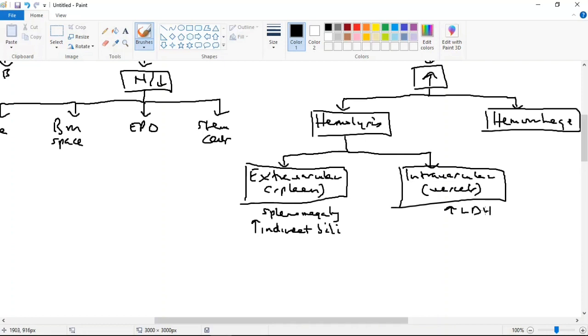red blood cells are being destroyed in the vessels. And as they're being destroyed in the vessels, they're releasing their intracellular content, like LDH, into the blood. They're releasing hemoglobin into the blood. So you're going to see the plasma looks red. Not just the blood now, the plasma itself will look red instead of white, because plasma is mostly water. But in intravascular, the plasma can look pinkish or reddish because now there's hemoglobin in the plasma because red blood cells are releasing intracellular content, right? So there will be increased hemoglobinemia,